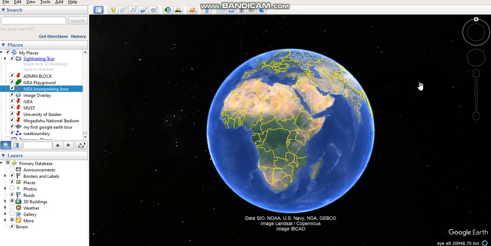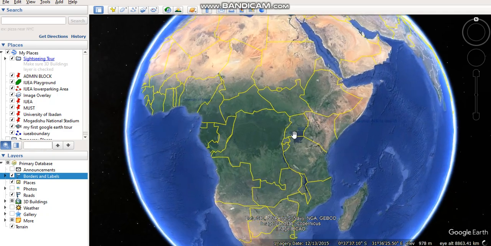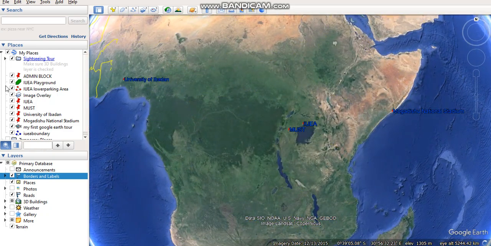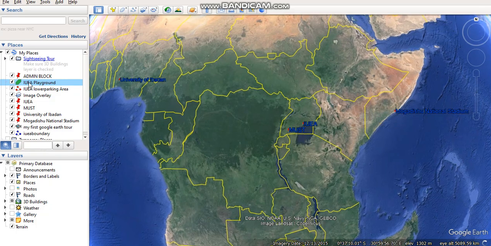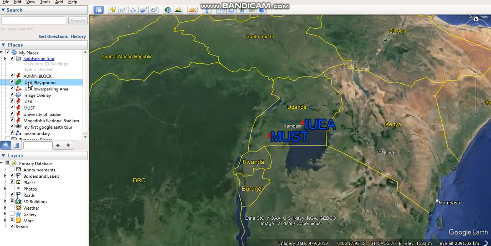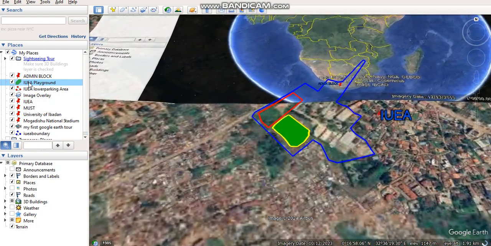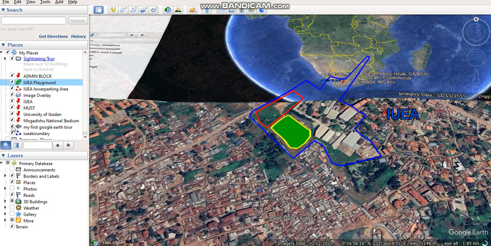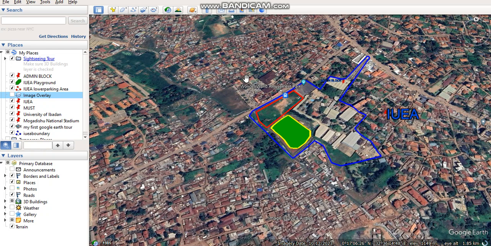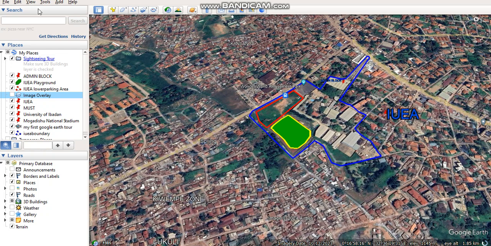So what I'm covering today is what I didn't cover the other time, and maybe it came into your test assessment. So just to clarify, I'm going to open the maps that we did the other time. You can double click here, or I can click on IUEA. You can see you're going direct to the map we were practicing with the other time. So I'm going to remove the image overlay, this here, so that I can remain with this. So there's a part I didn't cover, which was